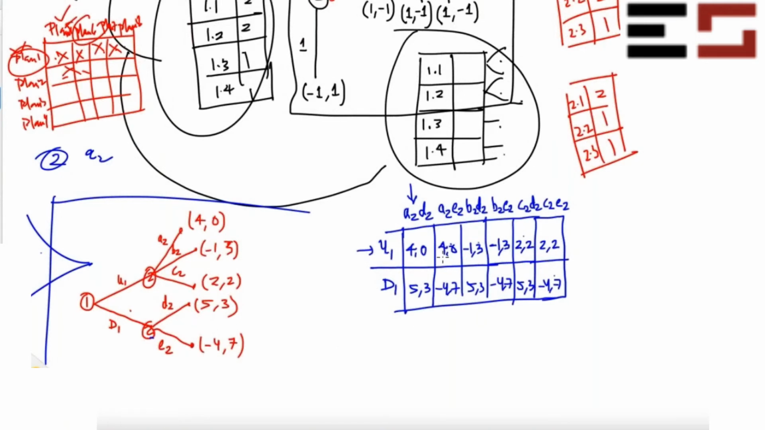If player 1 plays U1, these are the best responses of player 2, right? And if player 1 plays D1, these three are the best responses. And if player 2 plays A2 D2, then this is the best response. If he plays A2 E2, then this is the best response. If he plays B2 D2, then this is the best response. If he plays B2 E2, then this is the best response. We have found one Nash equilibrium. If he plays this, then this is the best response. If he plays this, then this is the best response. So this is the Nash equilibrium,